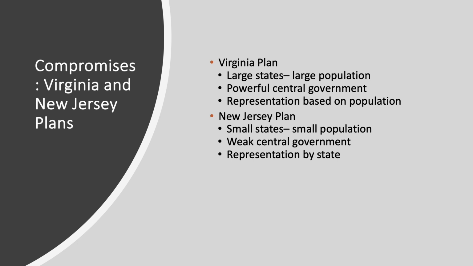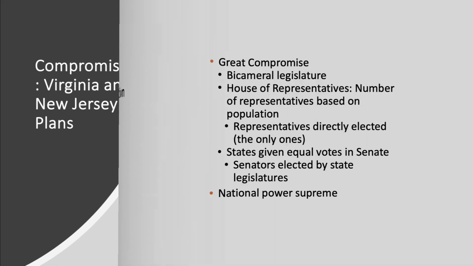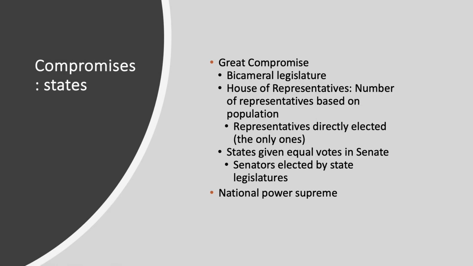The Virginia plan, there were different ideas. Representation should be based on population. The small states saying, wait a minute, states should get equal representation. And we end up with basically a compromise. A House in the national legislature that is based on population, that's the House of Representatives. All districts have about the same number of people. And then we have the Senate, where all the states are equal.